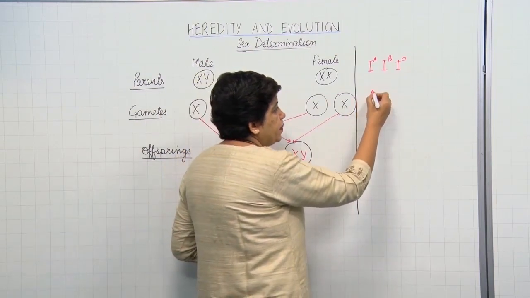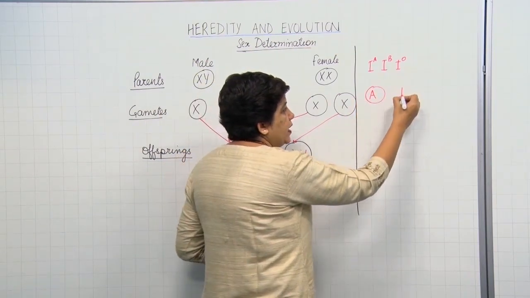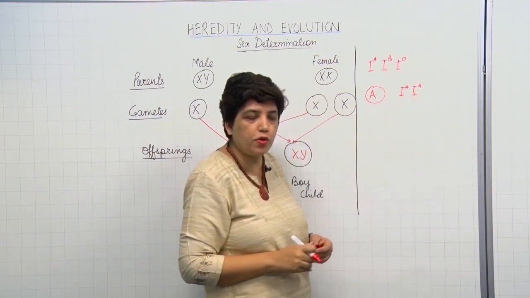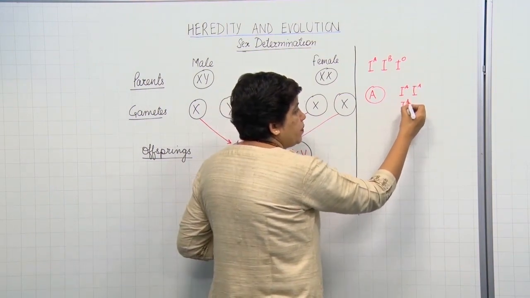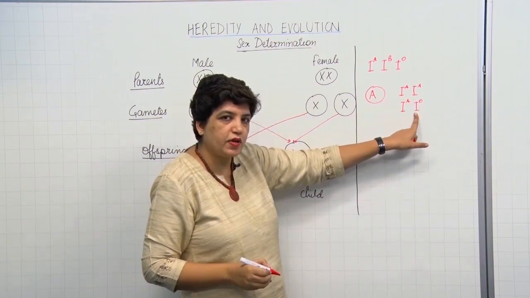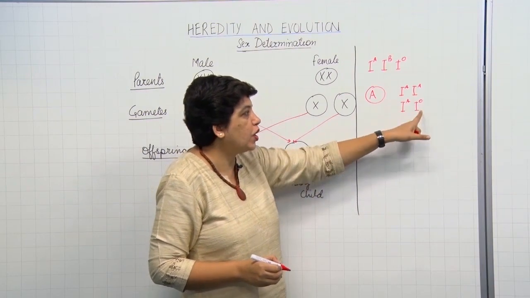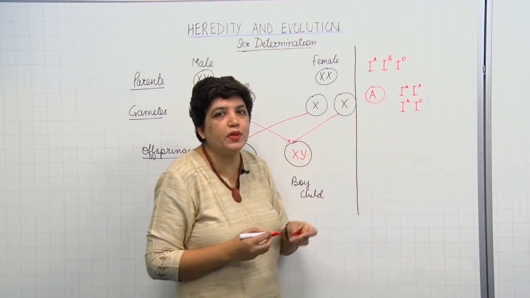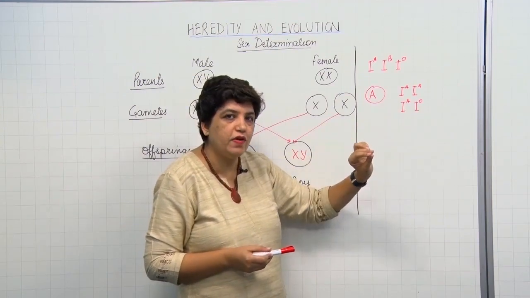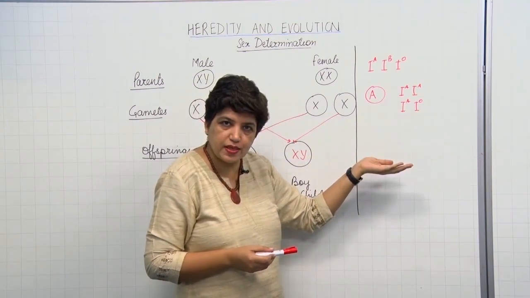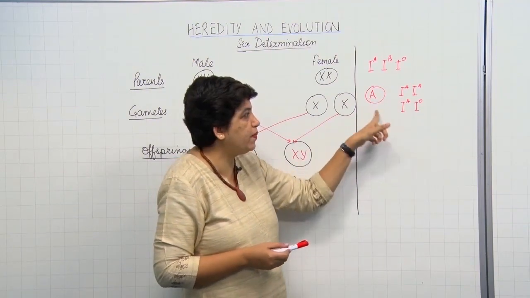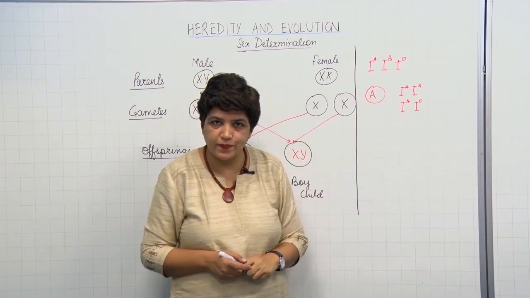So if a person has a blood group of A, it might be because of presence of this gene, right? Both are dominant, or it might be because of presence of a pair of genes like this. Since O is recessive, if a child got O from the father and A from the mother, it will have A blood group because O is recessive and it will not be able to express itself. But this A gene is dominant, so it will be able to express itself.